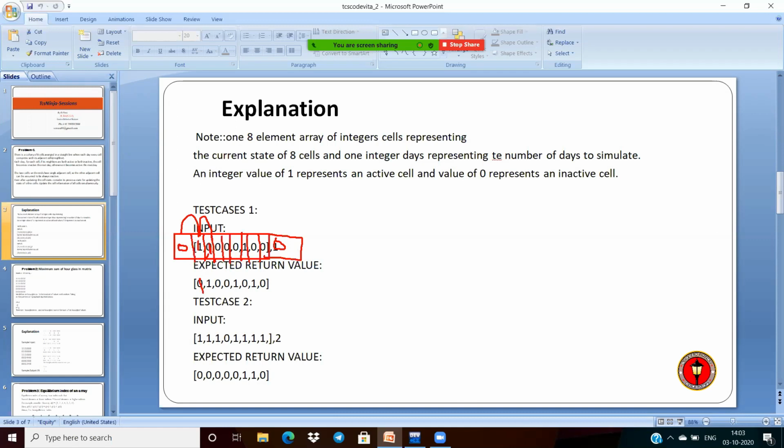Okay, similarly if you take here 0 and 0, the neighbors are 1 0, then it is updated with 1. Next, 0 and 0 neighbors are 0 and 0, so that is why it is 0. And next 0 0, that's why it is 0. Next 0 1, so that is why it is changed to 1. And now 0 0 again, 0 0 means same 0, and 1 0, yes 1. And next there is no right neighbor, but we are assuming it's 0, so 0 and 0, that is why it is 0 here. So like this you will get the expected output.